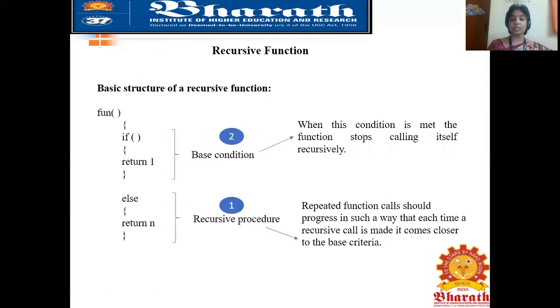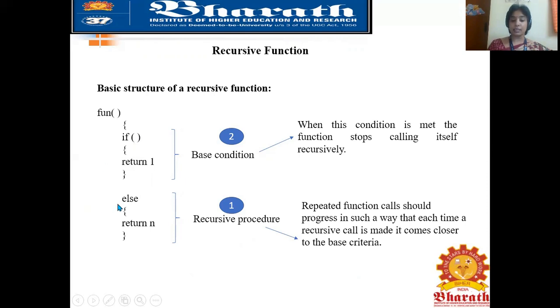Let us see what the basic structure of a recursive function is. A recursive function has a basic structure like this. First, the function definition has an if condition with some statements which have to be followed when the if condition is satisfied.